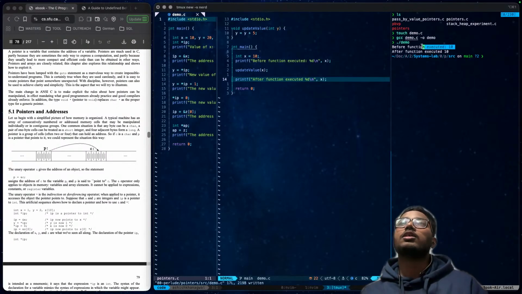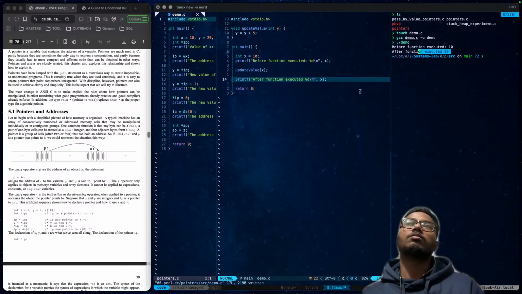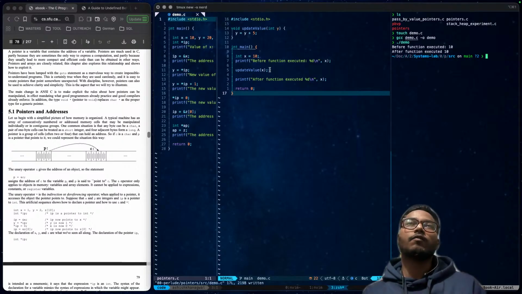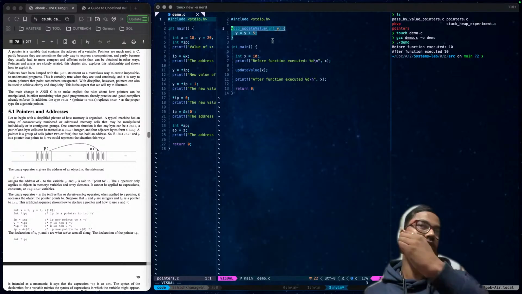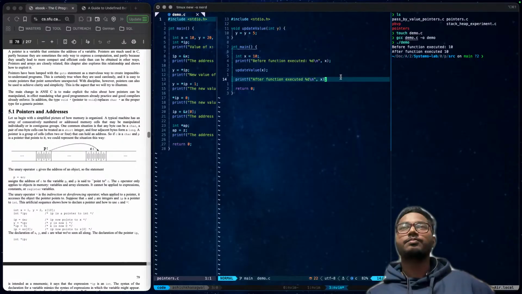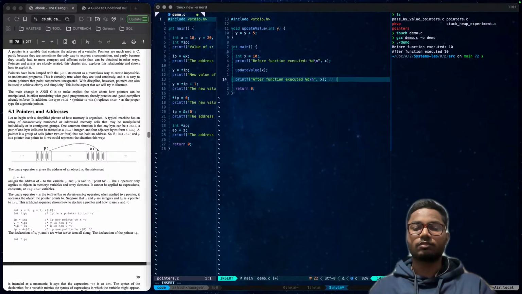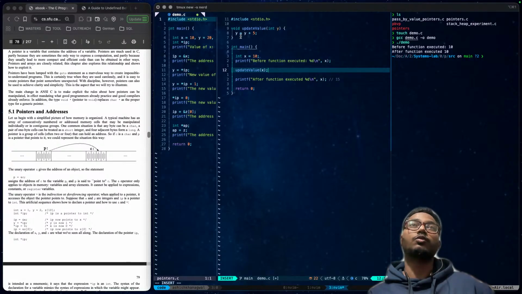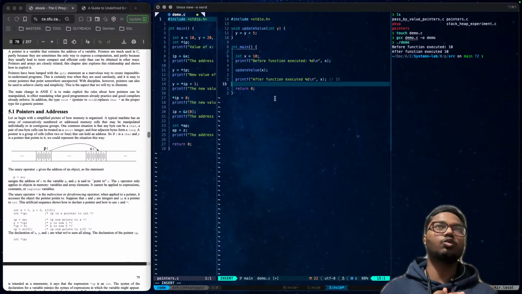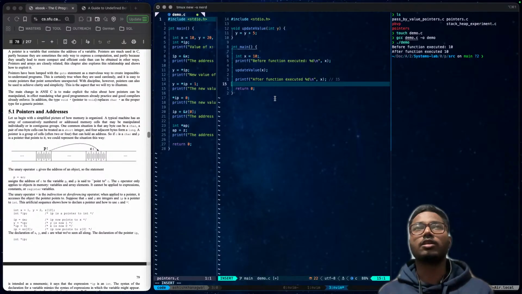Now let's see. Look, the values are the same, but we have passed this x through the function. So the value that we expected should be 15, because we passed it to the function that updates the value. But this is the thing with the C language: we are responsible for whatever is happening behind the screen.